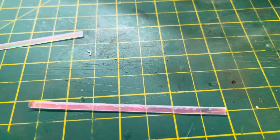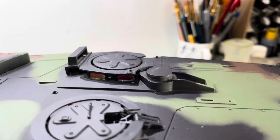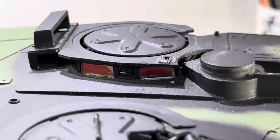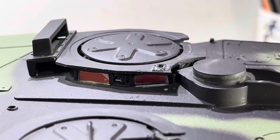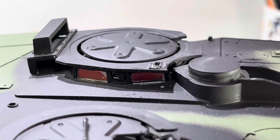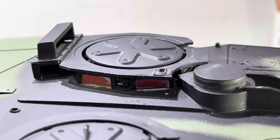You can't really get the calipers in there to measure that. So it looks like that. I stick it with the star glue as well. Wait a minute. There we go. So that's the white stuff you can see, but it will dry completely clear. If you can do it, I would highly recommend you take the turret apart and do it from the bottom. It's really easy. Okay, I'm gonna let that dry and then we're gonna do the other blocks